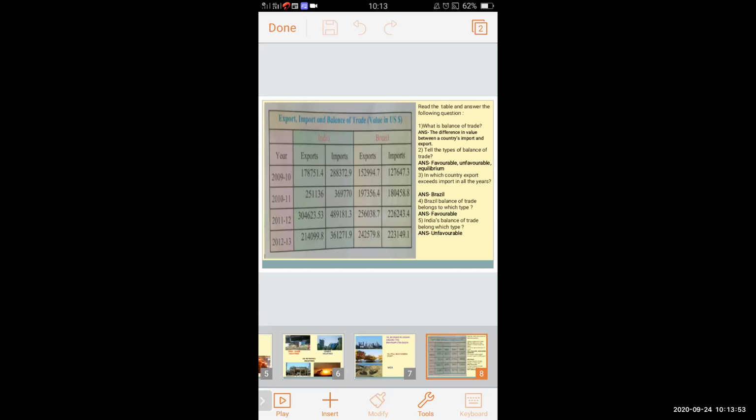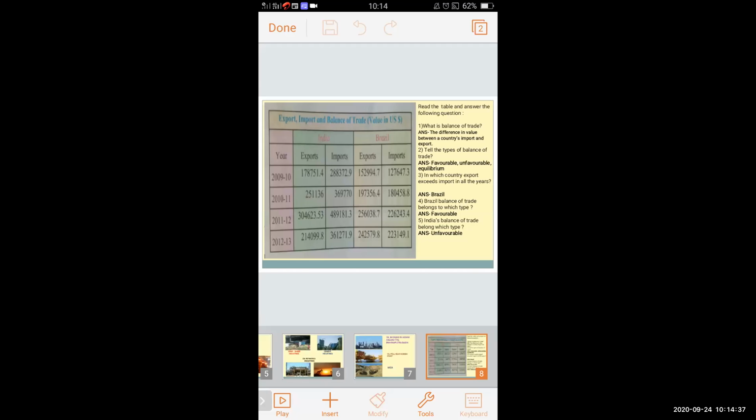If a country shows a large amount of import of goods from other countries, this shows that the country is dependent on other countries. So this table shows us if the country's export is more, then that country is not dependent. And import is less means it is not dependent on other countries. For favorable trade, any country should have more export.